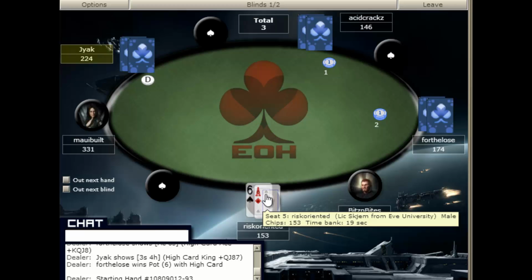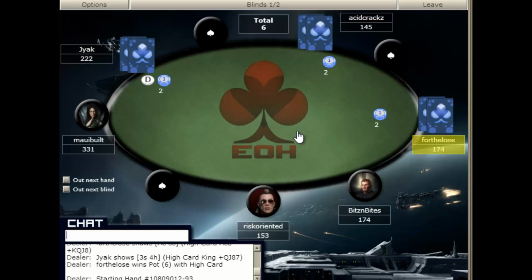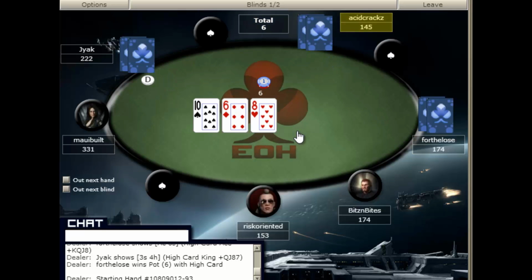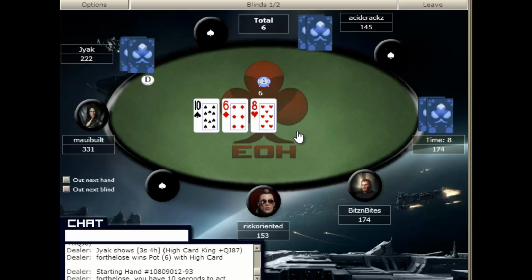So there's a starting hand chart on riskoriented.com in the tools section. If you check that out, that'll give you the basics for what hands you can play in different positions. But I don't want you to follow that chart for very long, just until you get your poker legs about you. The reason for that is it changes depending on the table makeup of the players who are at your table. You can play more or fewer hands than that starting hand chart dictates. But the essential rule of position is to play more hands in late position.